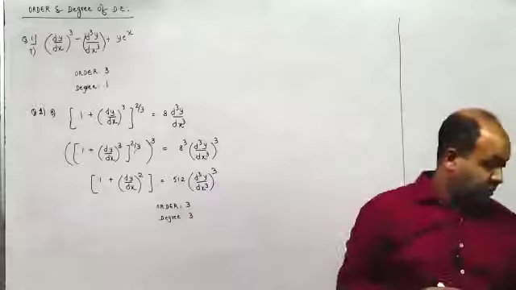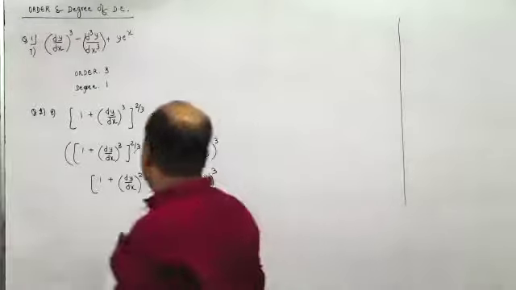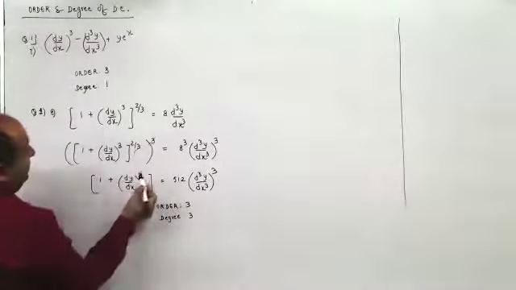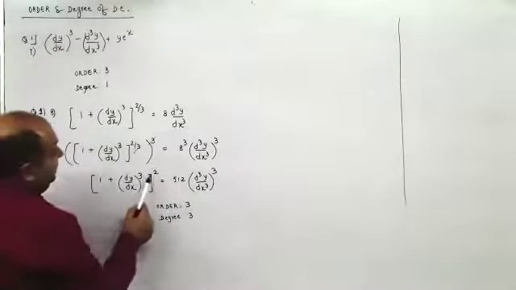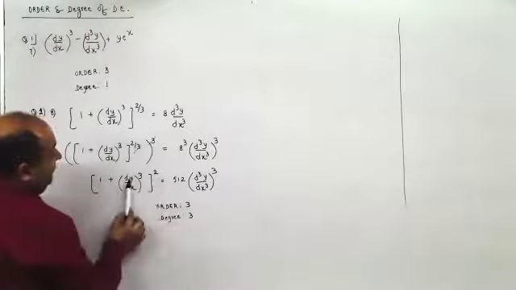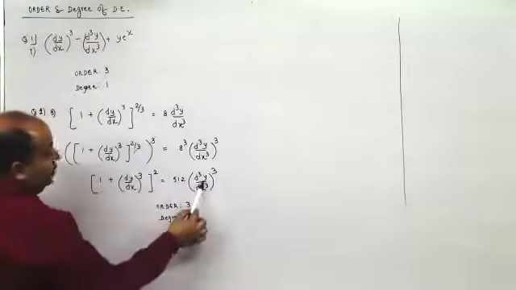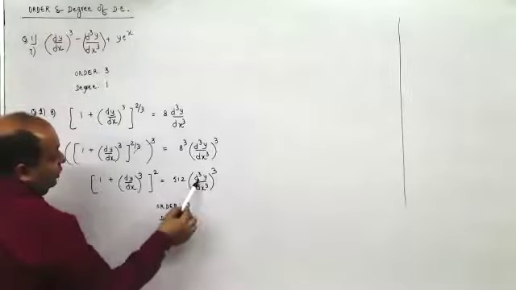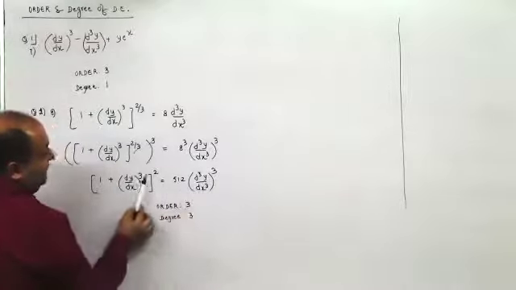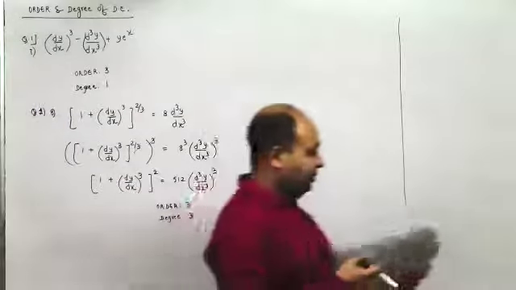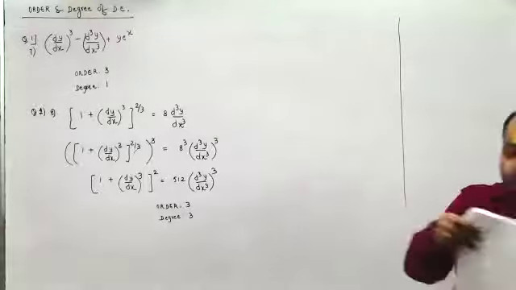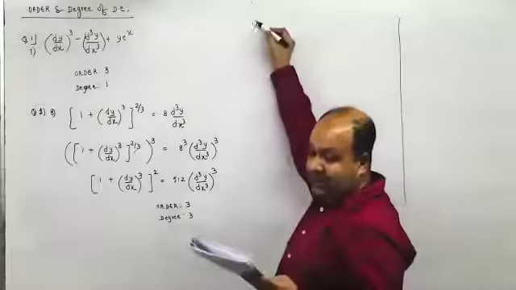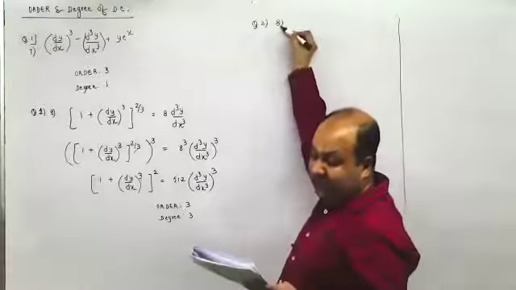So where did the 3 of dy by dx go? It is there itself. It should be 3 and this should be square. But it doesn't matter because here, even if you expand it, this would remain dy by dx itself. So we are concerned only with the highest order derivative, that is d cube y by dx cube. I made that calculation mistake here, or maybe I can say writing mistake over there. Next one, have you followed it? Yeah. Next, come to question number 2, the 8th part.